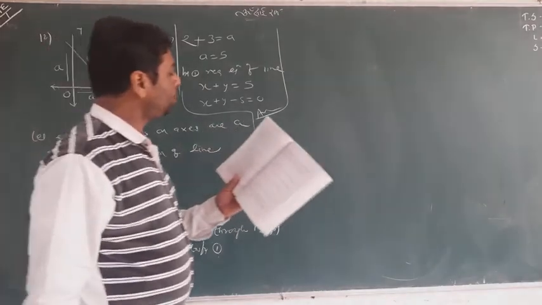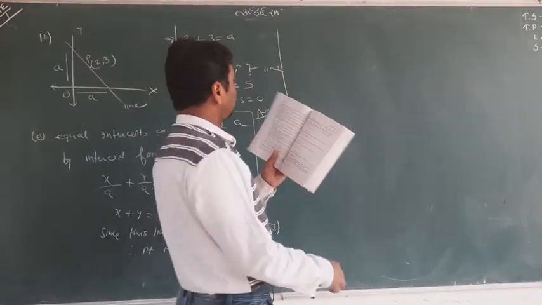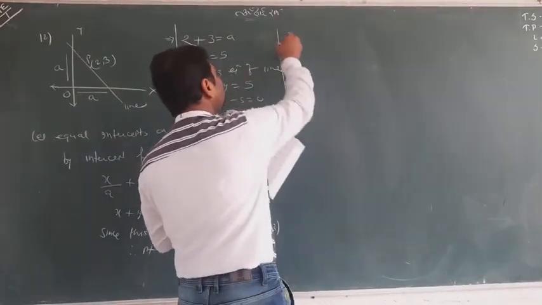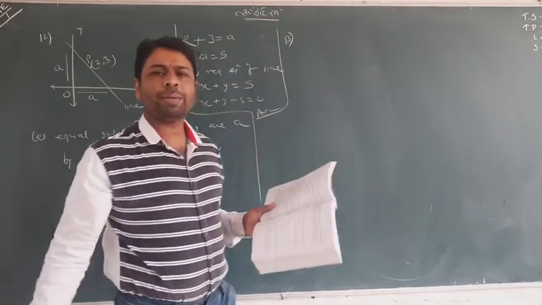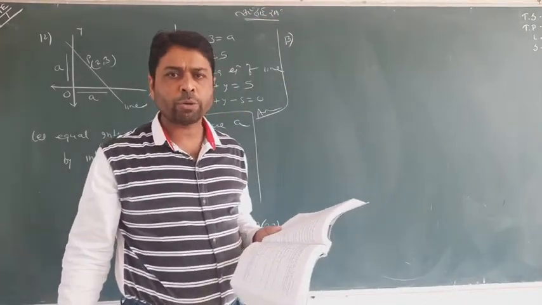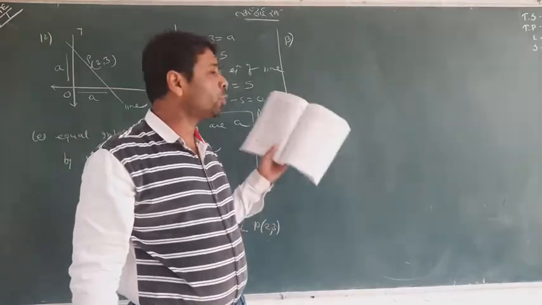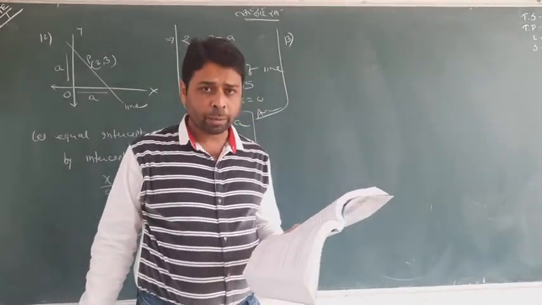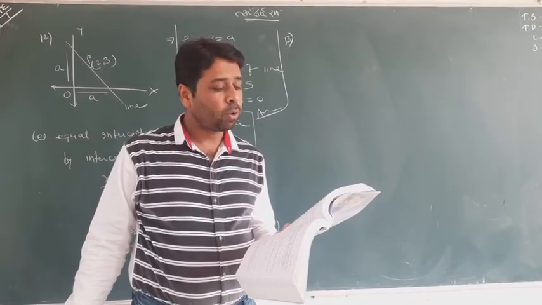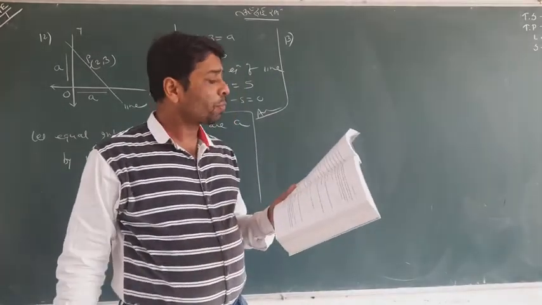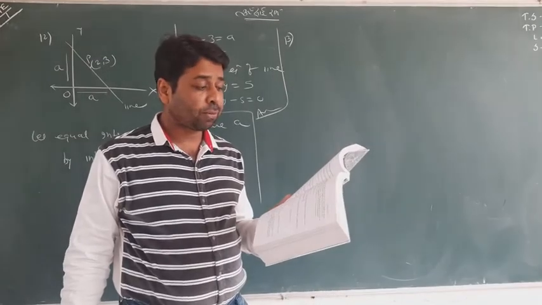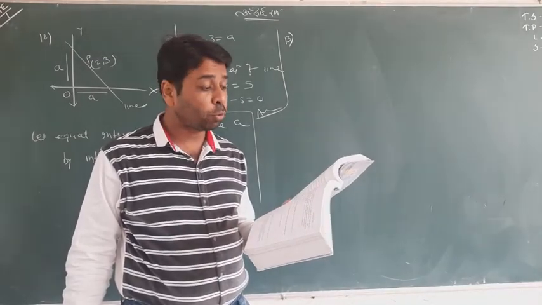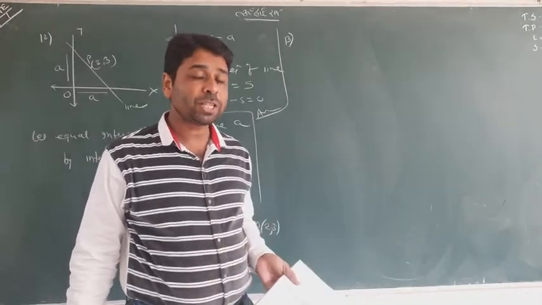Now let me take you to question number 13. It's very common, and all the time it doesn't need a picture. Try to understand the language. The upcoming question 13 is like question number 12, so we can compare both questions and solve it easily. Okay. Question 13 says, find the equation of the line passing through (2, 2) and cutting off intercepts whose sum is 9. You know, it's a very interesting question.